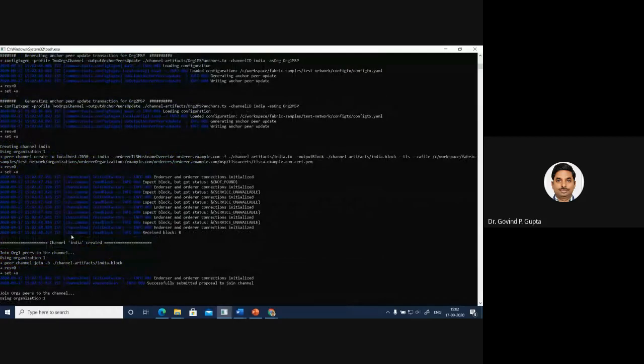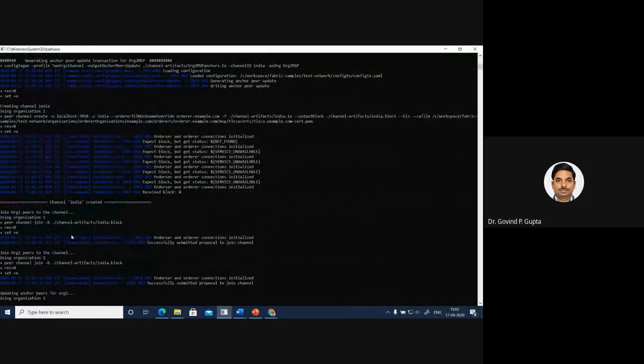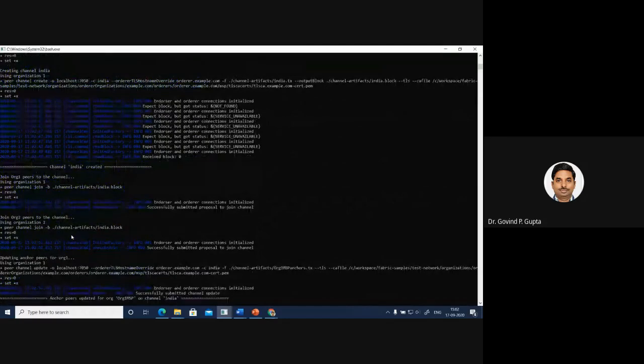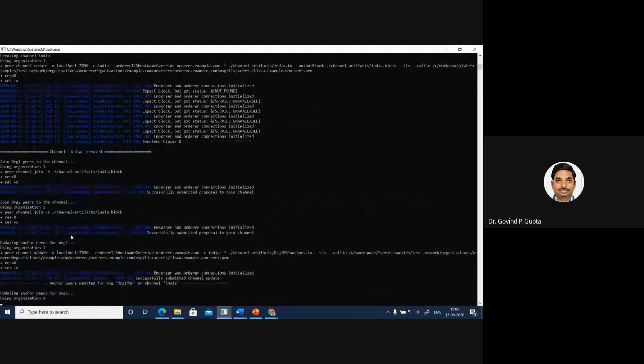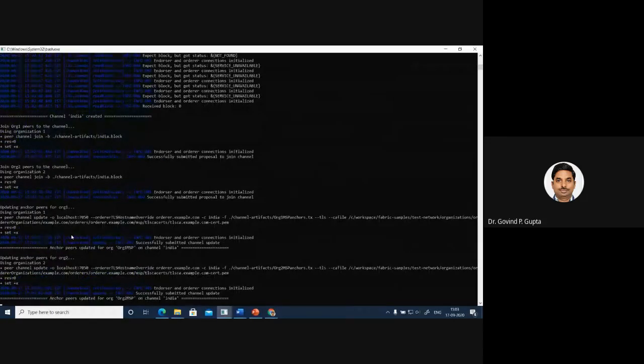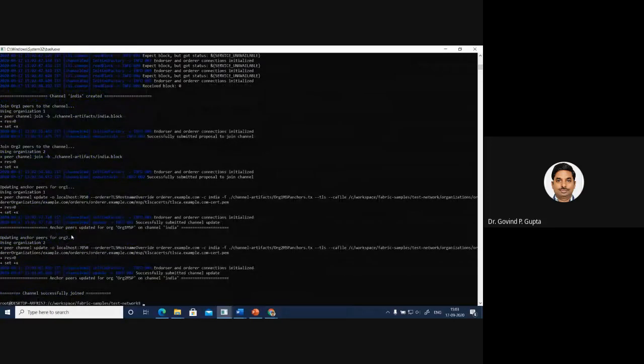Now there are two channels created between both ends, peer0.org1 and peer0.org2. So I'm going to show you. Okay, it is successfully created.